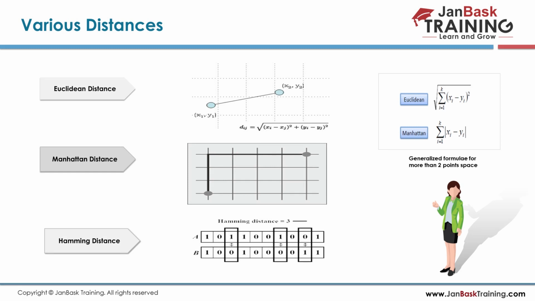The same way what I have told you, if you see here x1 y1 x2 y2, then the distance is x2 minus x1 square plus y2 minus y1 square. Manhattan is nothing but the city block distance, from this point to this point, then this point to this point. Hamming distance is nothing but a majority, but the generalized formula for these things I have already told you. Euclidean and Manhattan. Manhattan, we also call it the city block.